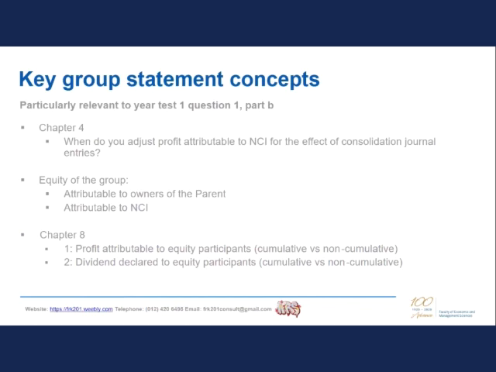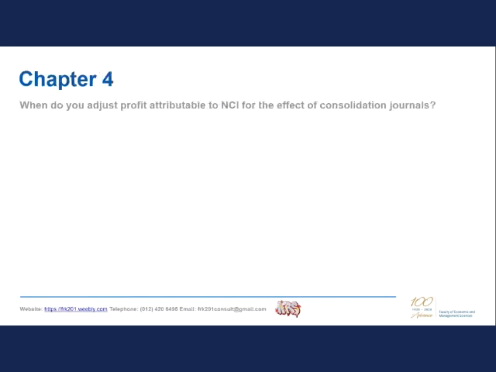Looking again at how to calculate equity of the group attributable to both the owners of the parent and NCI, and briefly revisiting Chapter 8, where the subsidiary issued preference shares. In Chapter 4,